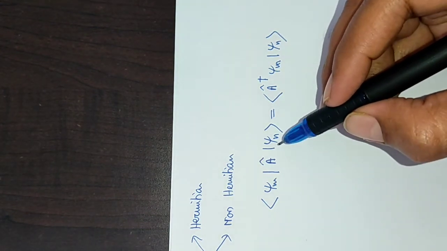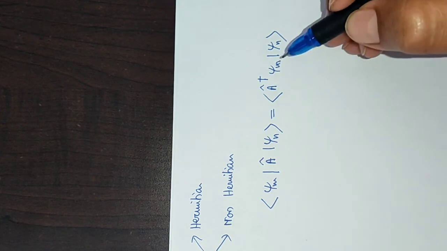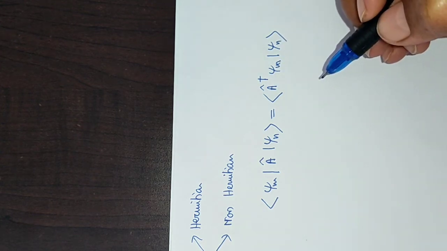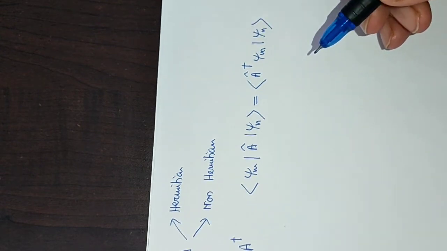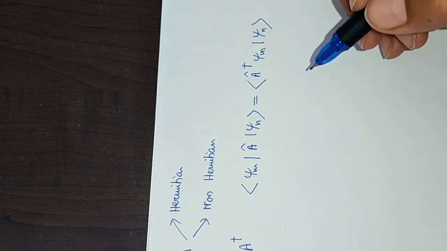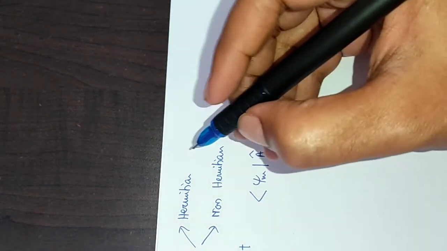⟨ψm|Aψn⟩ equals ⟨A†ψm|ψn⟩. This is the definition of the Hermitian conjugate or Hermitian adjoint. Now, what is the criteria for an operator to be Hermitian? When we have